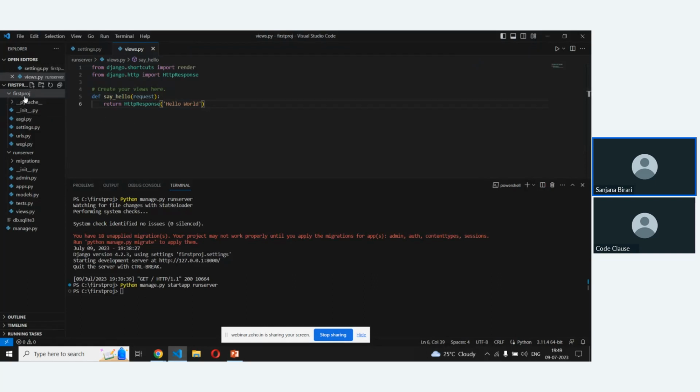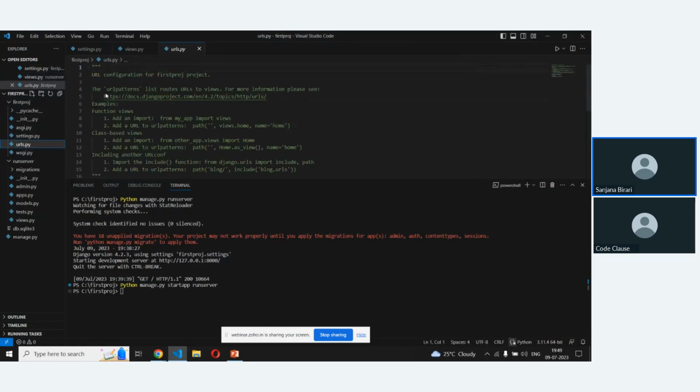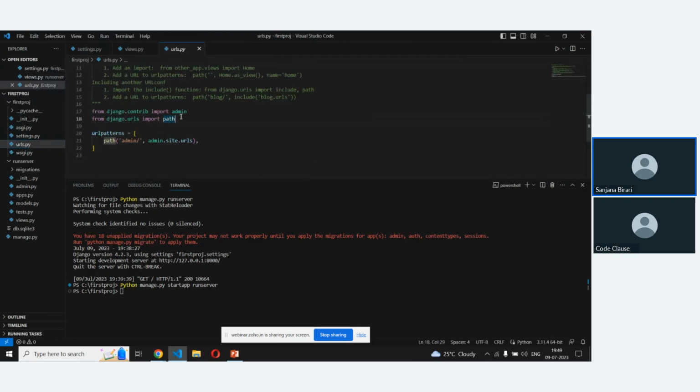To add this, we have to go to our main project folder, and in that, go into urls.py. To add another URL configuration, you have to use the include function. This is the import part, and you have to import the include function as well.